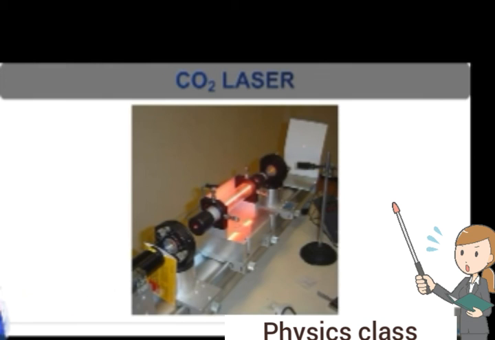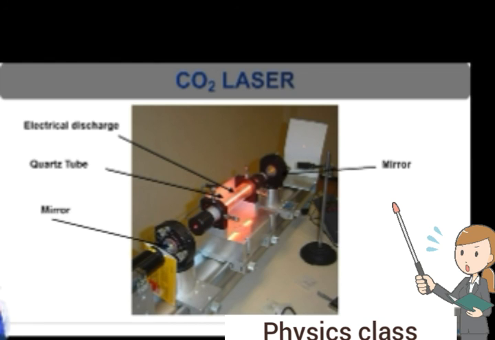Now, let us see an actual CO2 gas laser. This is a CO2 gas laser demonstration in which the glow running through the center of the tube is an electric discharge. This glowing plasma is the gain medium for the laser. The laser produces a tiny intense spot on the screen to the right. The center of the spot appears white because the image is overexposed.